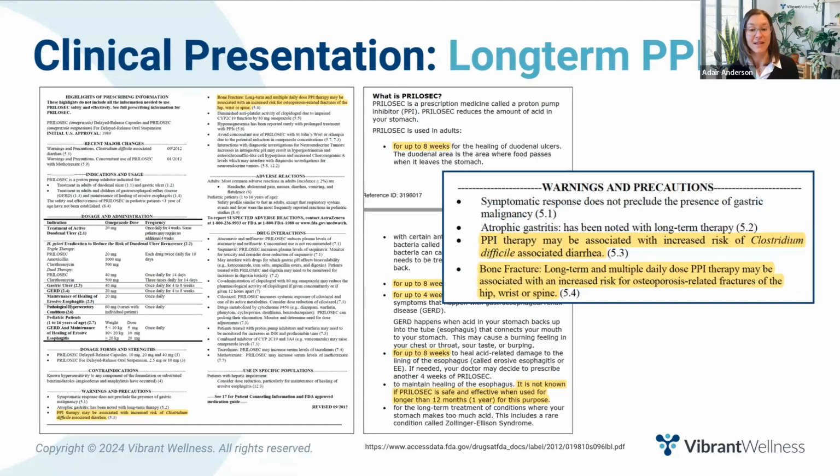It could also manifest in the client who complains of GERD, gastrointestinal reflux disease, and maybe they got put on a PPI, a proton pump inhibitor, and maybe they've been taking that PPI for a decade. According to the drug insert, the PPI Prilosec indicates that it's for short-term use only, short-term treatment, so 4 to 8 weeks, and that PPI therapy may be associated with increased risk of Clostridium difficile-associated diarrhea, as well as bone fracture.